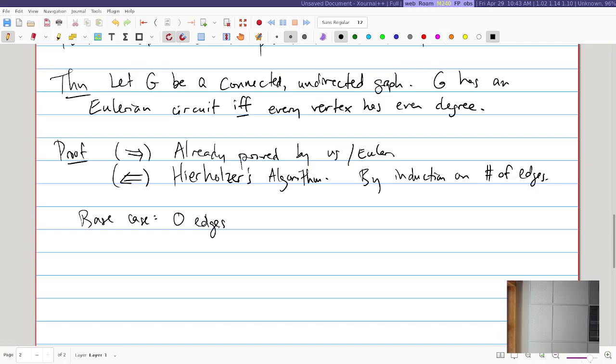Because there can't be one vertex, because then it would have degree, oh no, that would be okay. Right, it would have degree 0, so that would be even. Yeah. I guess, since all vertices have even degree, right, G could look like,